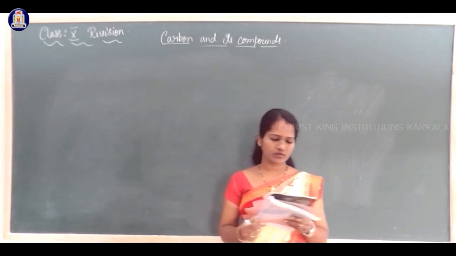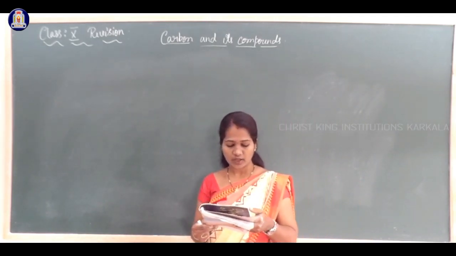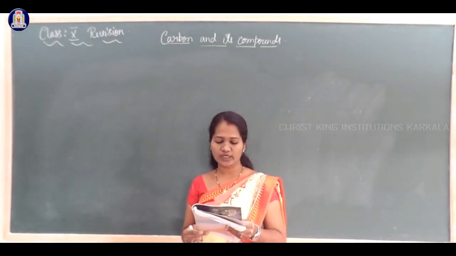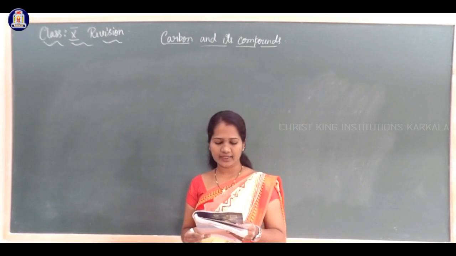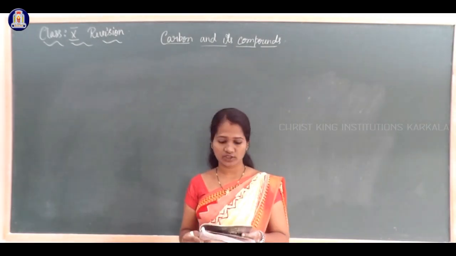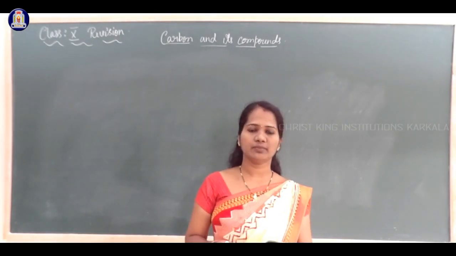Now we will solve some of the problems which are given in the textbook. Say some questions are given. Draw the structures for the following compounds in the textbook, page number 12. That we already completed. Ethanoic acid, bromopentane, butanol, hexanol. So you have to write just the structure and formula.